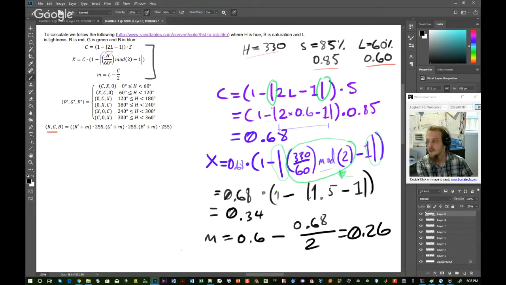All right. Now we get to this big thing here. Now, I know that it might look intimidating, but it's actually very simple once you start implementing it. So all it says is if Q is between 0 and 60, then we use this formula. If Q is between 60 and 120, then we use this formula. If Q is between 120 and 180, then we use this formula. So you can see that this is just a big if, else if,